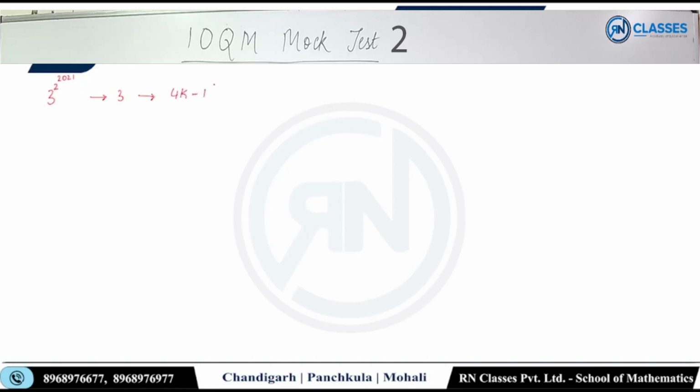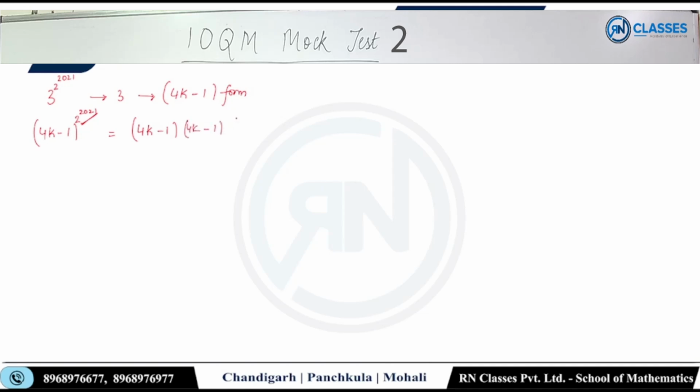4k minus 1 फॉर्म का, जैसे प्लस वाली फॉर्म होती है वैसे माइनस वाले भी होती है। सो मैंने इसको लिख दिया 4k minus 1 की पावर 2 की पावर 2021, राइट। ये तो एक इवन नंबर है, 2 की पावर समथिंग है, इवन ही आएगा। मतलब कि अगर मैं इसको मल्टीप्लाई करके देखूं, 4k minus 1